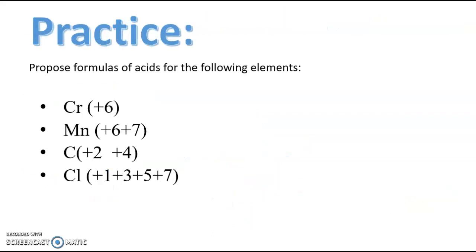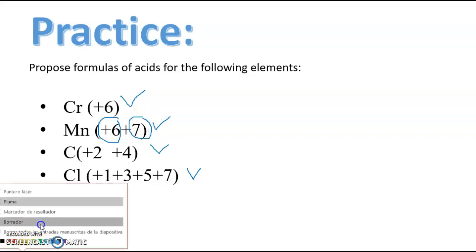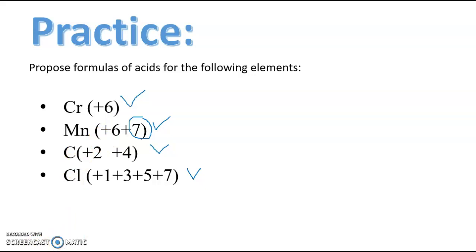So now it's your turn. Could you please propose formulas for acids in these compounds? Where there are 2 or more oxidation states, you only need to choose 1 oxidation state. So in total, you need to propose 4 acids. For manganese, in this case 7, because I already did 6. So manganese with 7, chromium with 6. Carbon you can choose 2 or 4, and chlorine you can choose, except the one that I already did, which was,